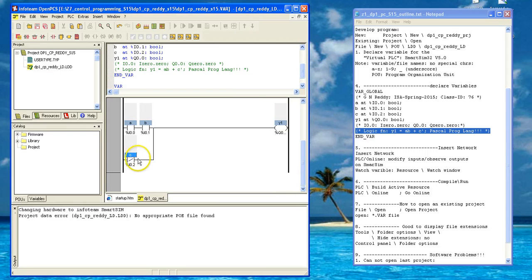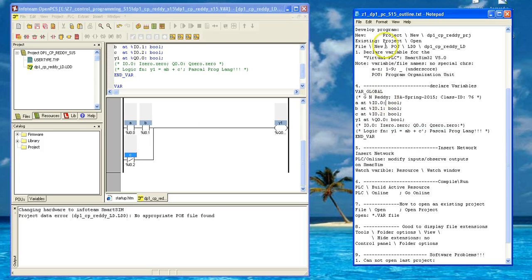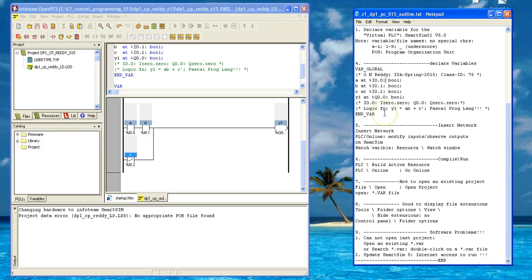Now what you have is going to be C dash. That is, output y1 is going to be 1 when A and B are equal to 1, or when C is equal to 0. Any one of those conditions will satisfy it. Okay, once you have done it, what we have done is virtual instrumentation: we declared the variables, then following which we